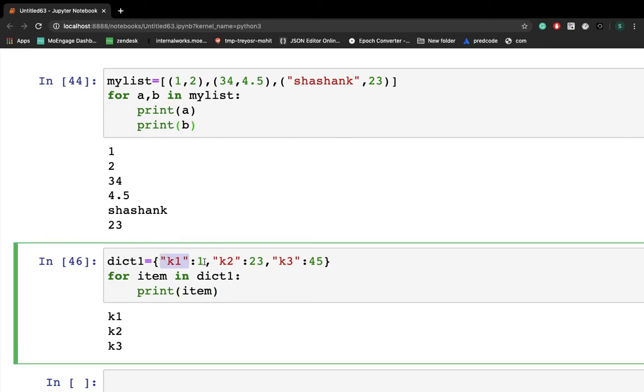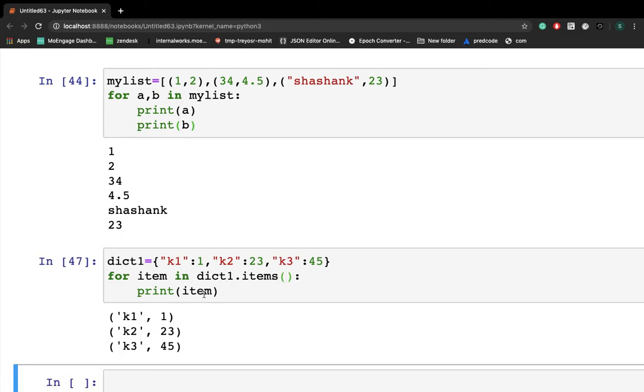What if you have to get values as well, and what if you have to get all the key-value pairs, right? There are a couple of methods. What we can write here is items. So you'll get the key-values: k1 1, k2 23, and k3 45.